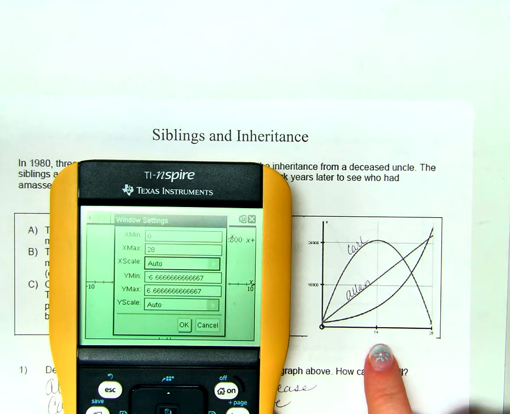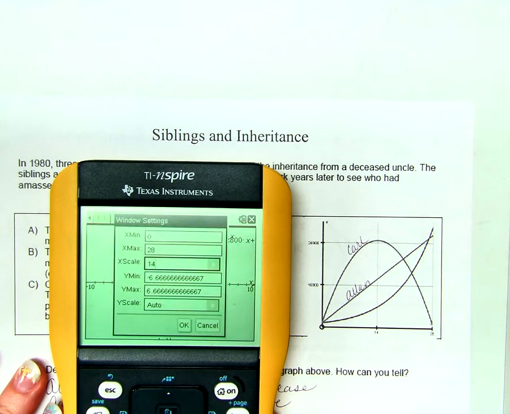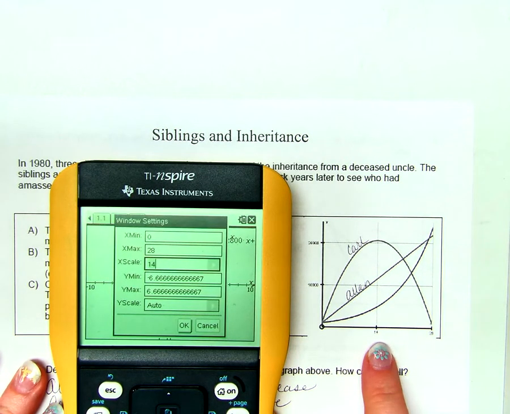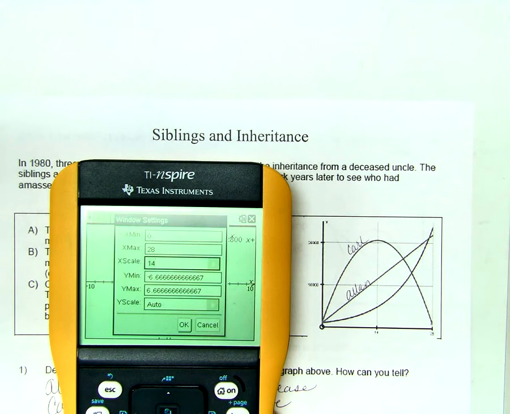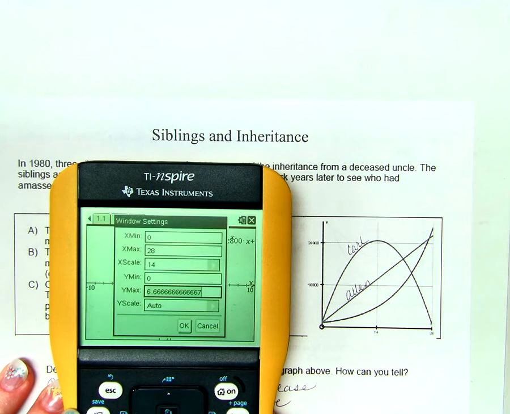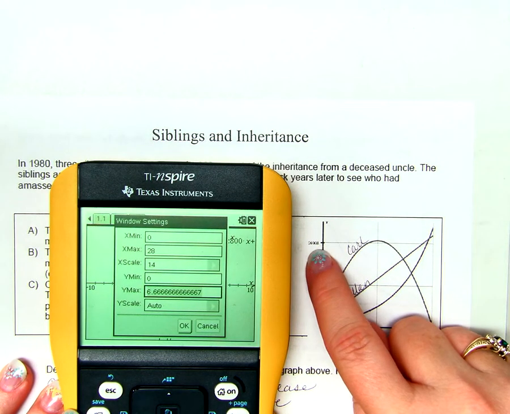14s. Do I have to count the way they counted? No. But if I'm trying to get my graph to look similar, it might be nice. Y min, 0. Y max, where does it go up to? 20,000.